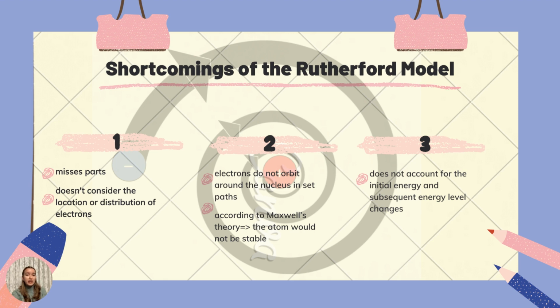And the third point is that this model does not account for the initial energy as well as the subsequent energy level changes. Since we have the electronic wave and the energy that each electron has, not taking into account the initial and subsequent energies and their changes would change the whole way that we study atoms and their